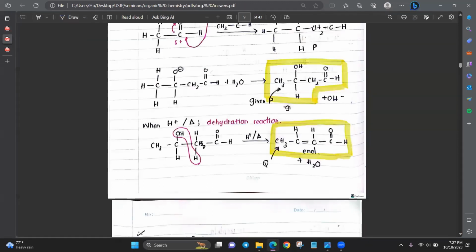Okay. So dehydration of the alcohol will take place. Dehydration means what? Removing water. So this OH and this adjacent carbon's hydrogen will get removed as a water molecule, and a double bond will be formed between this and this carbon. I hope you all are familiar with the mechanism of this, okay? So that resulting product is called the enol, and this is our Q,